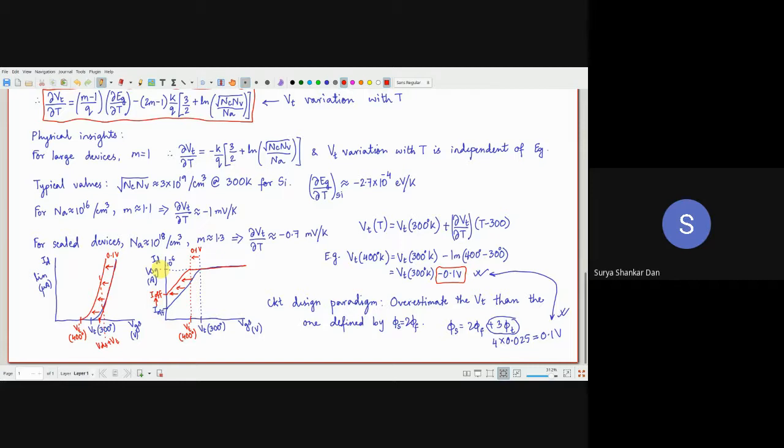Yeah, please. So the VT has decreased and the slope doesn't change because it just shifts. No, slope doesn't change. So what we are going to do here is that, in fact, what we have observed earlier, that the subthreshold slope, if you go back to that class, you will find it is given by m phi_t.